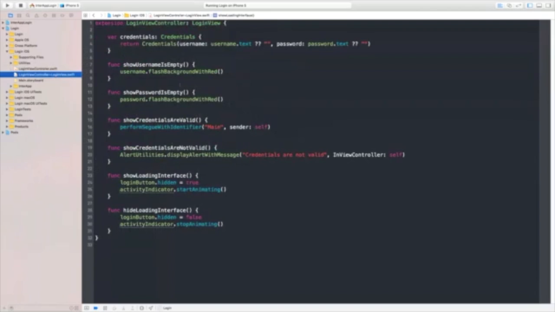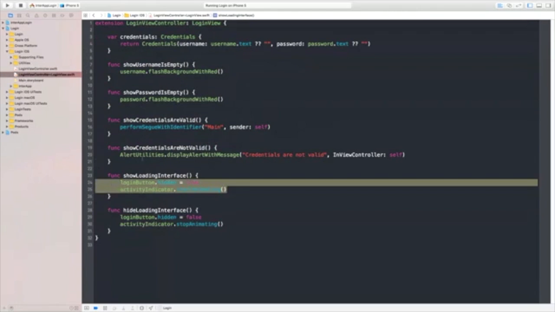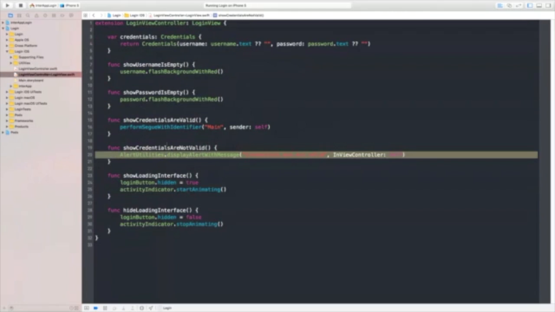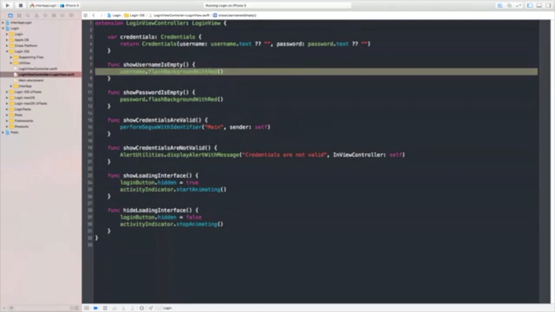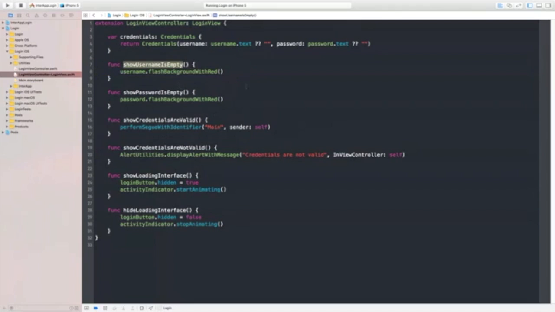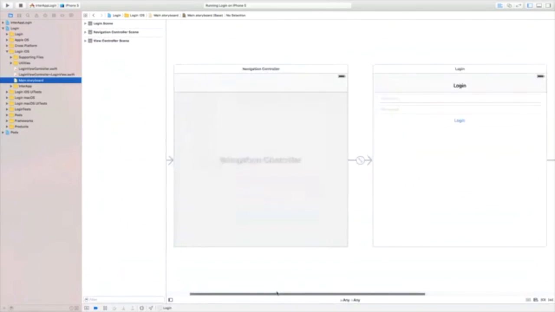In here, we see everything that responds to the login view, what to do in the different cases. As we see, it's very easy to get one-line, two-line methods that are very easy to understand and mainly drive the framework APIs. Here, we see that the username flashes red when the username is empty. Very easy to understand. And in here, like I said, the UI is defined with a storyboard,